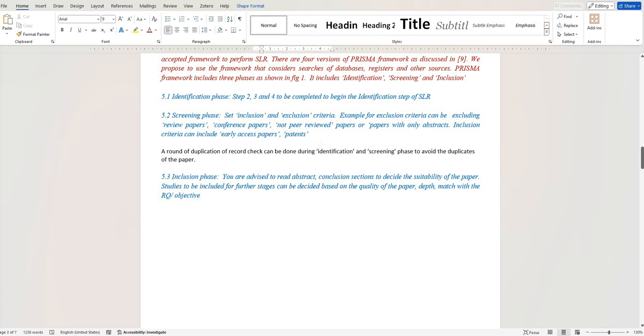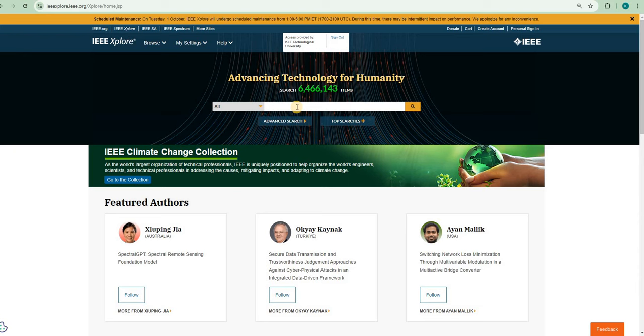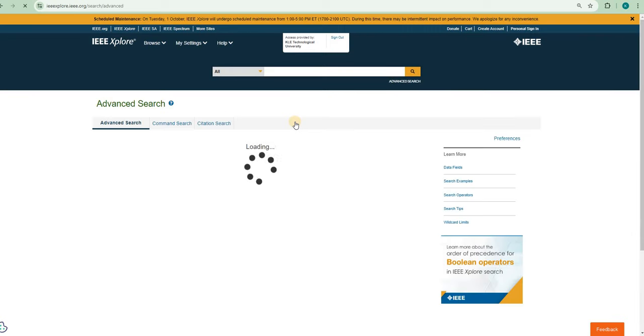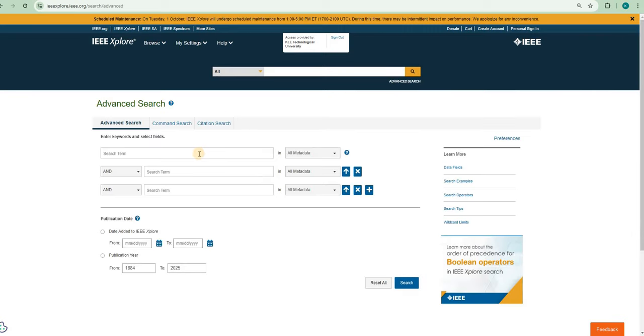So let's look at the demonstration of these two things: identification phase and screening phase. Say I'm using the IEEE Xplore library. I'll directly go to the advanced search options. So I will include some terminology, some search terms or the keywords that you have identified. Say I will type multimodal